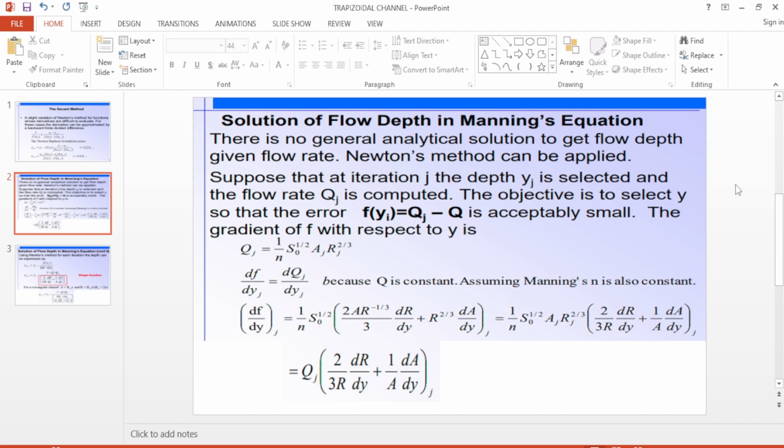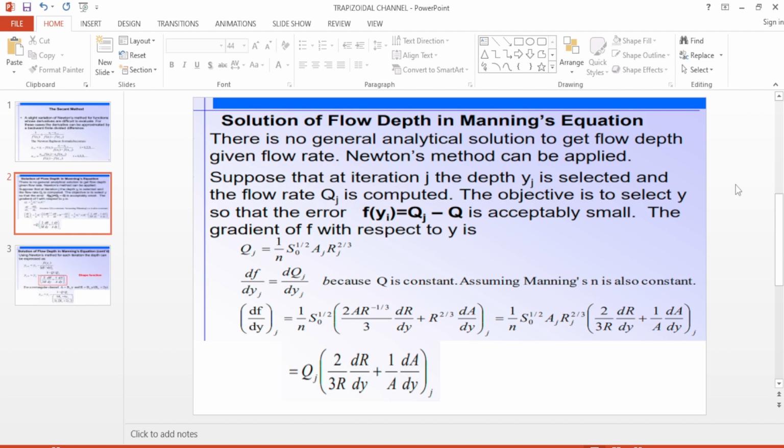Solution of flow depth in Manning's equation. There is no general analytical solution to get flow depth given flow rate. Newton's method can be applied. Suppose that at iteration j, the depth yj is selected and that the flow rate qj is computed. The objective is to select y so that the error f of yj, equal to qj minus q, is